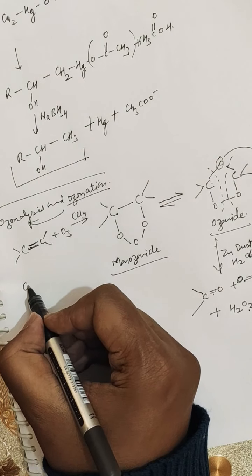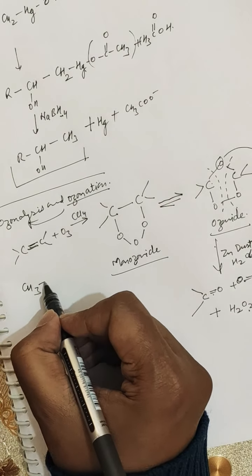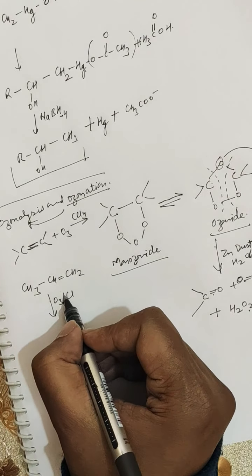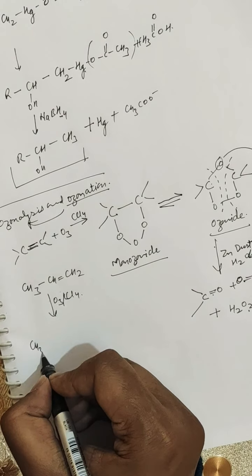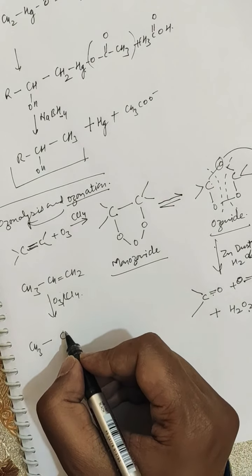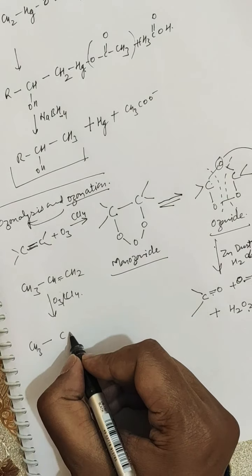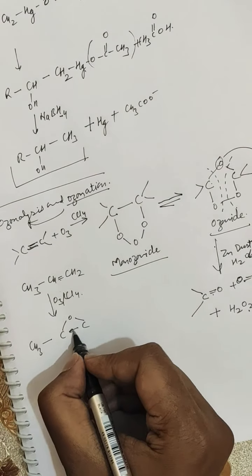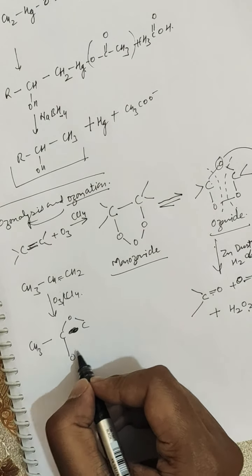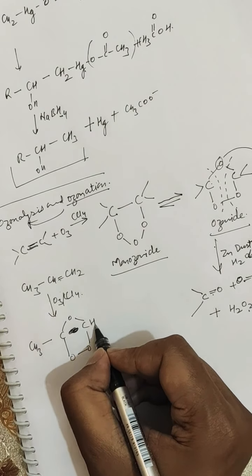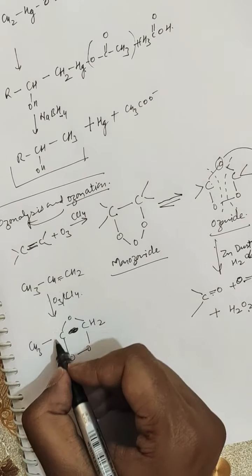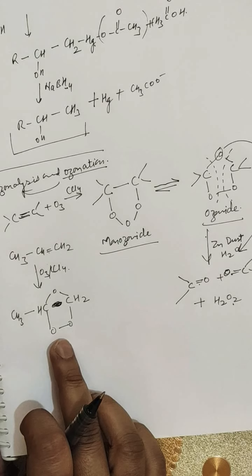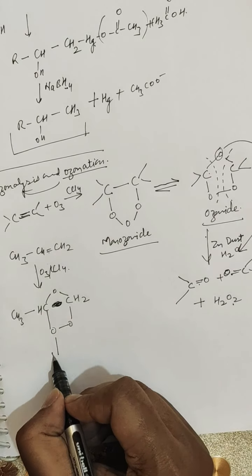For example, this is propene. If we treat it with ozone in the presence of CCl4, it will result in the formation of ozonide. How is this ozonide formed? At this carbon-carbon double bond. So oxygen, sorry, this bond was not supposed to be here, and this further CH2, and there was one hydrogen. So this is the formation of the ozonide. And further when it was treated with zinc dust